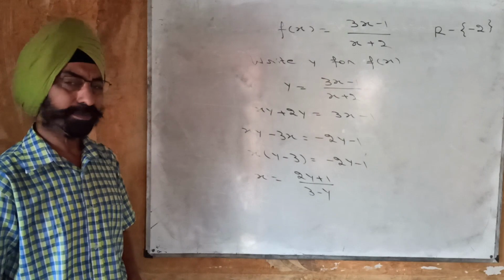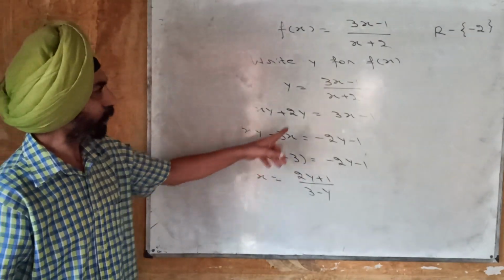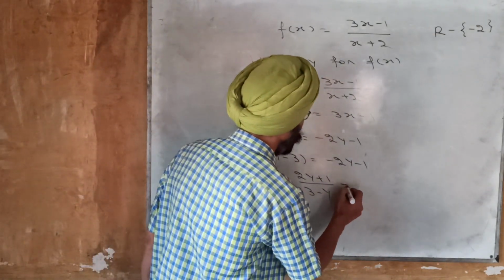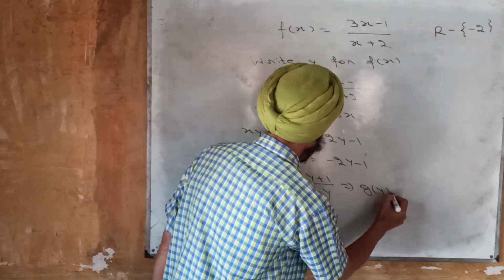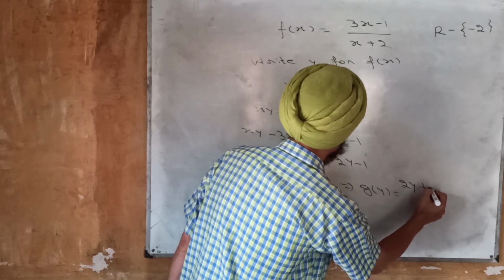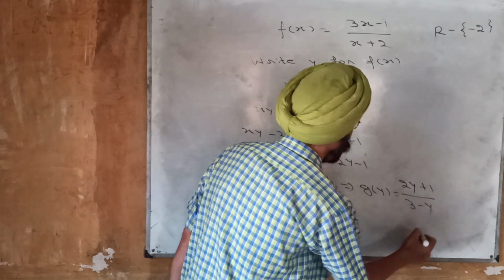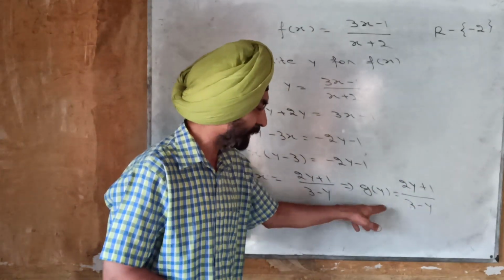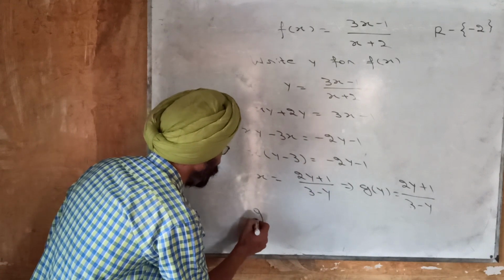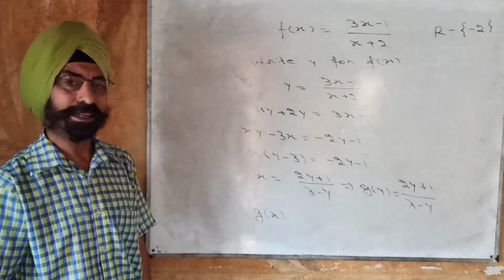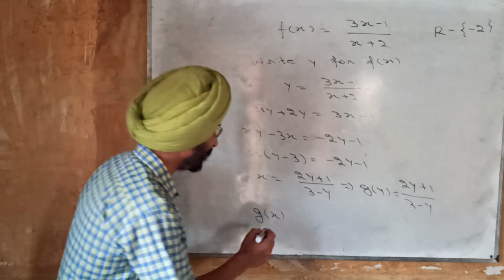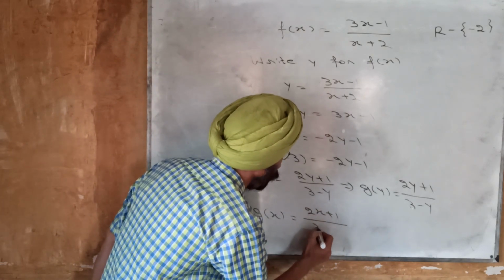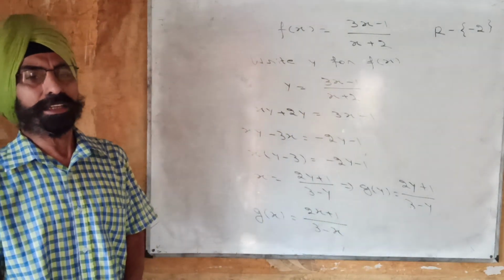And now write g(y) for x. As you have written y for f(x), now write g(y) for x. So it will become g(y) is equal to (2y plus 1) over (3 minus y). If g(y) is this quantity, then what is g(x)? Because we normally write a function in the variable x. So I am writing g(x) is equal to (2x plus 1) over (3 minus x),